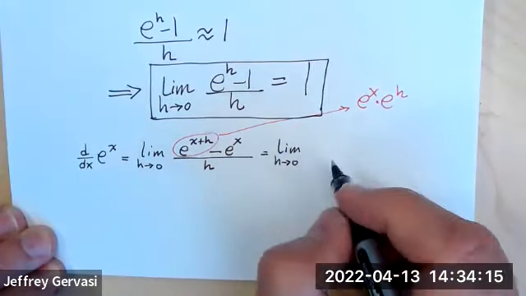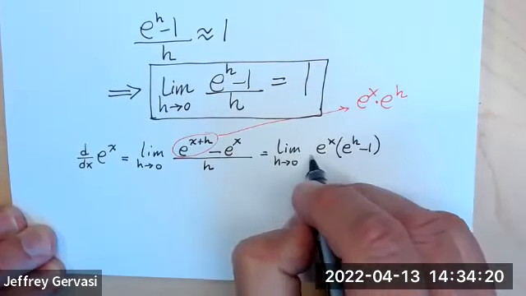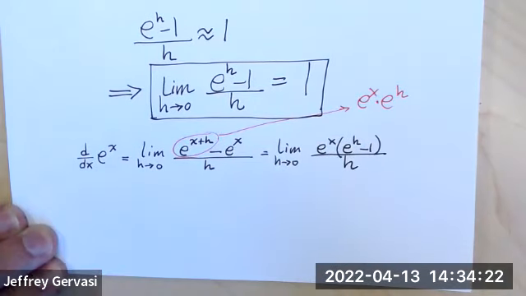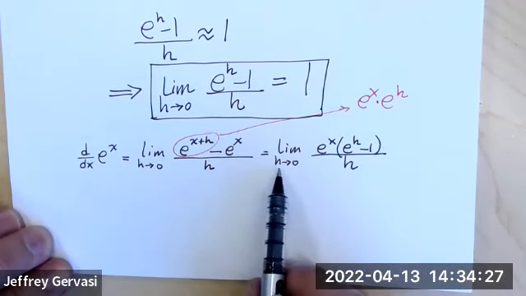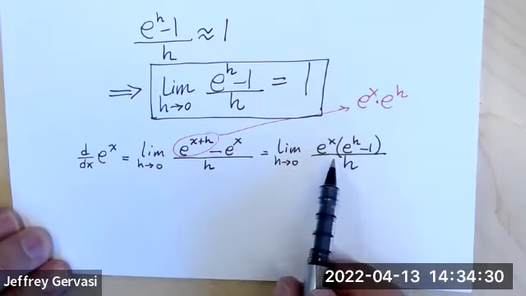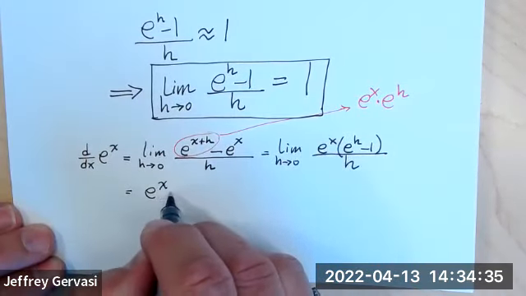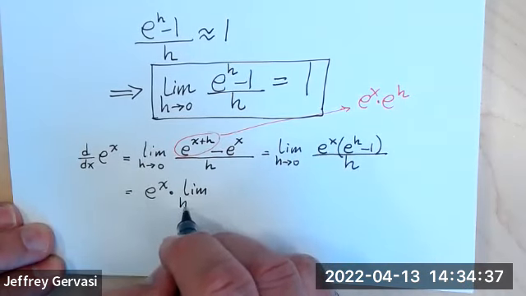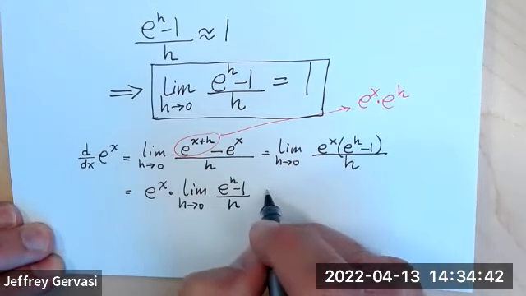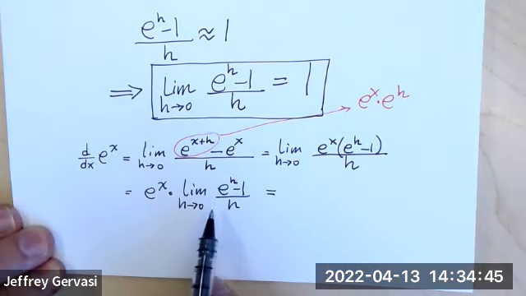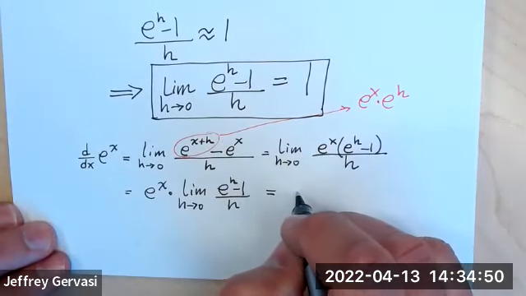So I can rewrite my numerator by factoring e to the x out. And in this expression, the only thing that's changing is the value for h. e to the x is not changing. It's the h's that are changing. So e to the x, in a sense, is like a constant. I'm going to set it aside. And that is that rather clever limit that we just evaluated up above, whose value we said was equal to 1. And so therefore,